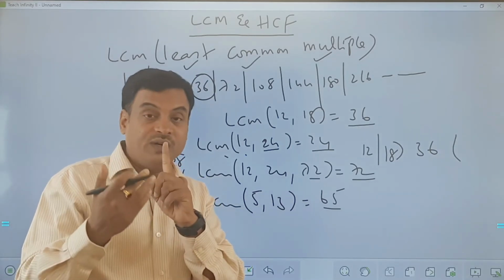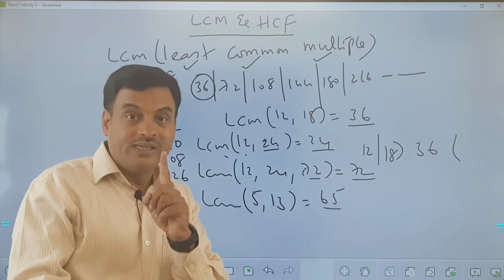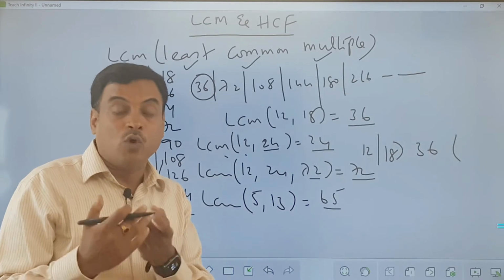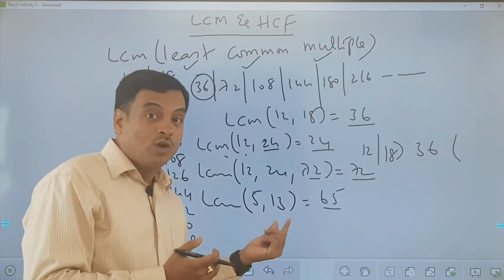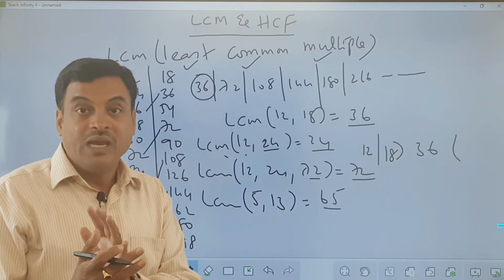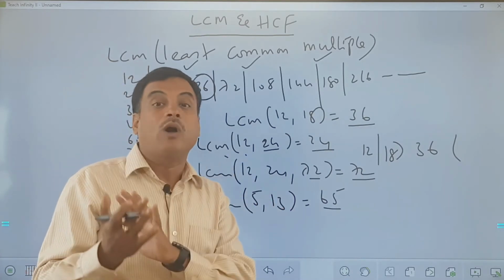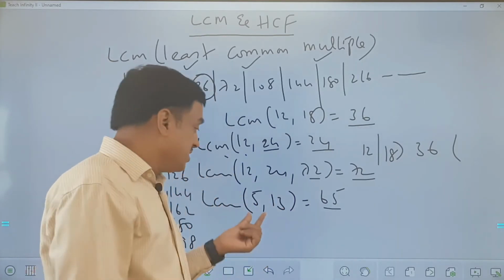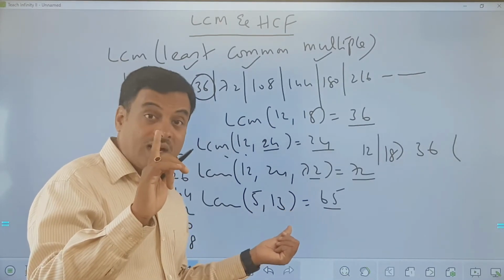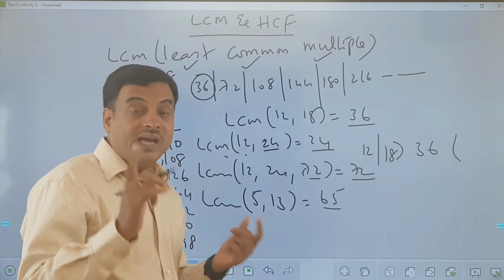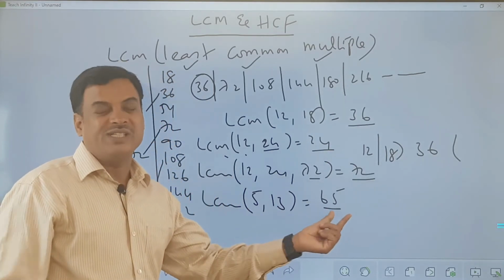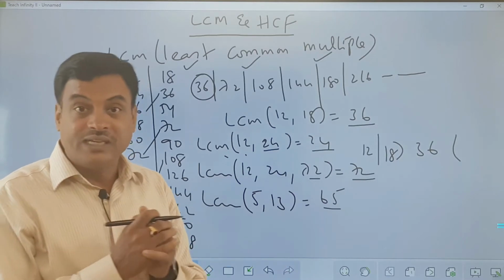I'll give you a better definition, or the actual definition, in a few minutes today. But please understand what is coprime. Coprime means the numbers need not be prime, but the highest common factor between them should not be any common factor other than 1. Between 5 and 13, there is only one common factor, that is 1. In such a case, they are called coprimes. And whenever the numbers are coprimes, the direct product is the LCM. So 65 is the LCM of the given numbers.